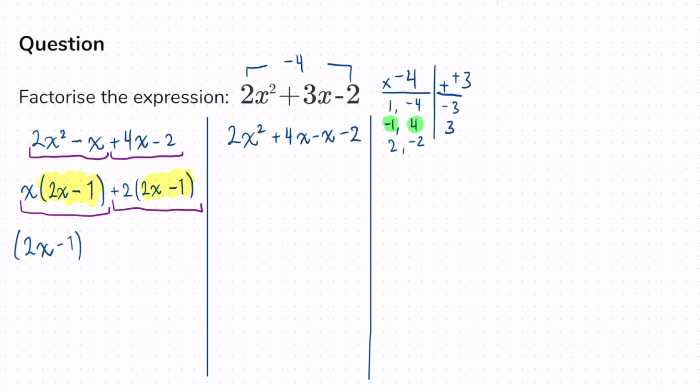How many times does that go into x times 2x minus 1? It goes into it x times. For the other part, 2 times 2x minus 1, what's left once I factor out 2x minus 1? It's plus 2. So factorising the expression 2x squared plus 3x minus 2